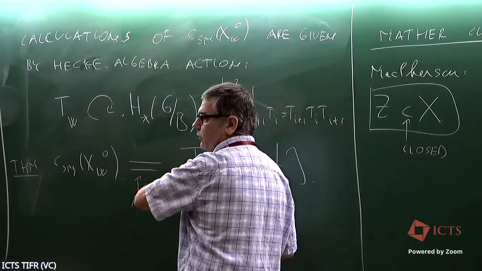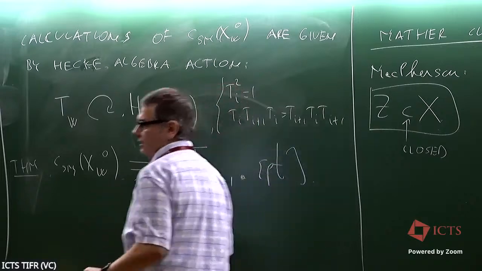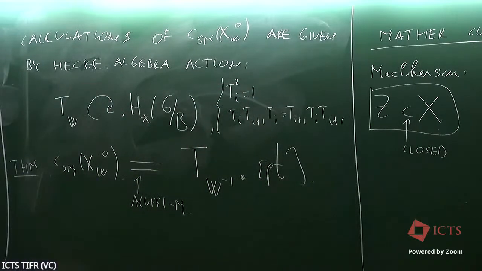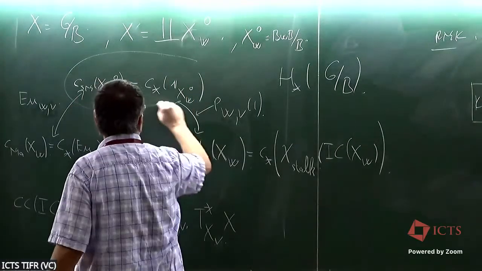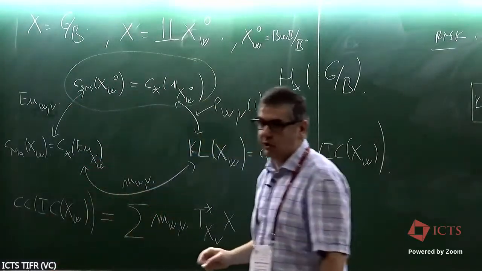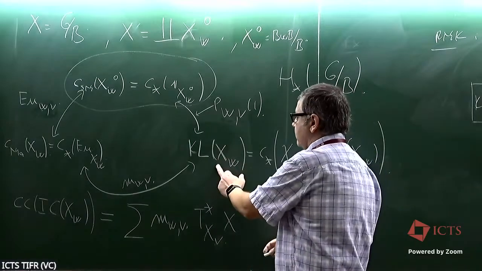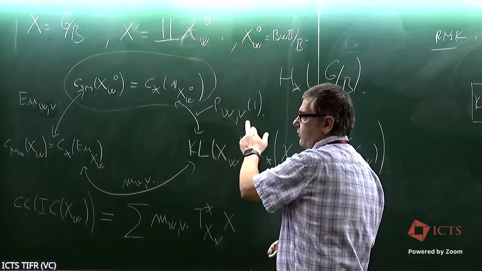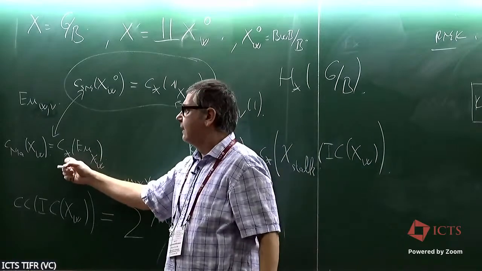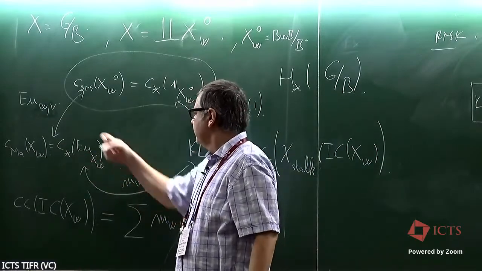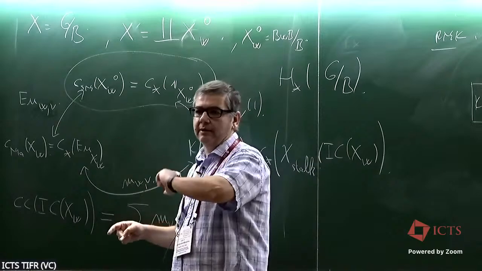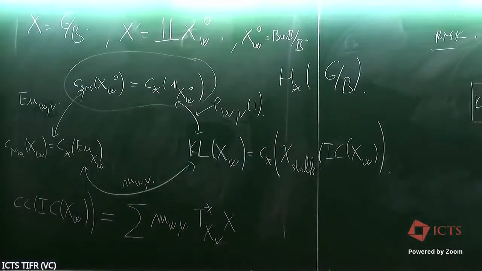So the computer will know how to deal with this in any medium-sized cases. In some sense, this top part of the diagram is known. This part is also known because we know the Kazhdan-Lusztig. It's this part that is missing. So if you figure out any of these two things, you're going to figure out the other one. Okay. So how do we calculate? How much time do I have?